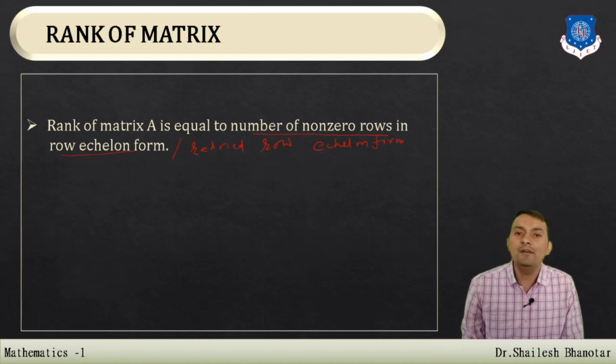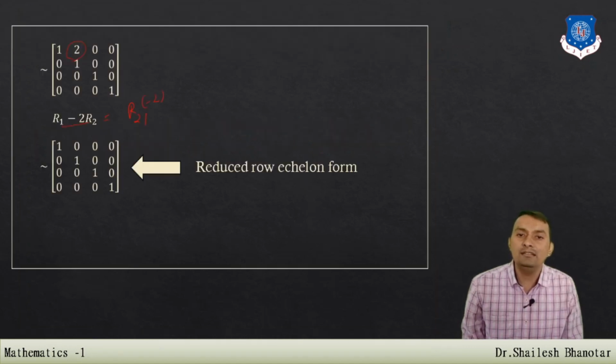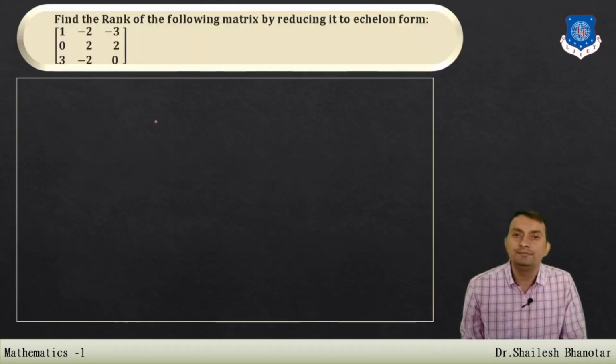So whatever we have done in this question, we can say that this is the rank of the given matrix A, or you may write rho of A, rank of A, which is nothing but the number of non-zero rows. This is the first non-zero, this is the second non-zero, this is the third non-zero, and this is the fourth non-zero. So we can say the rank of the given matrix is nothing but 4.